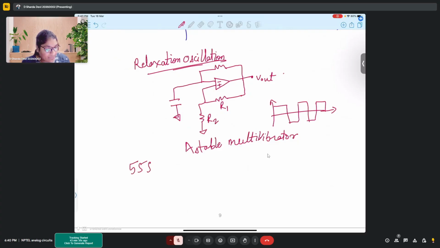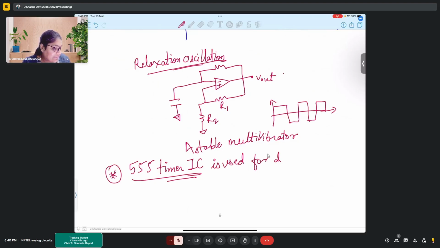The 555 timer IC is used for designing astable and monostable